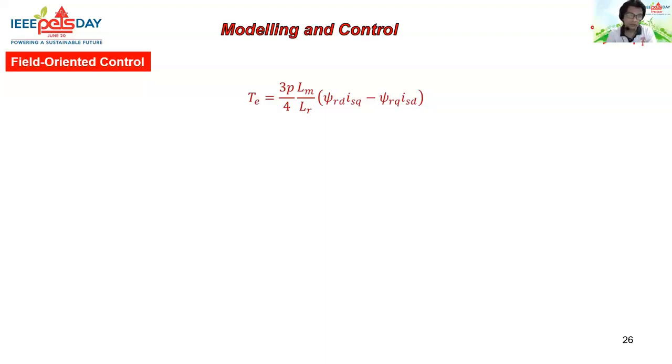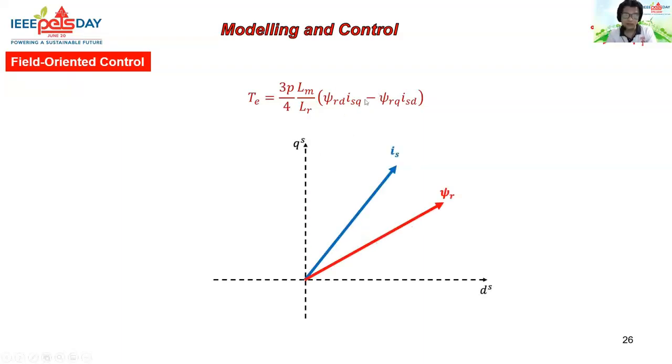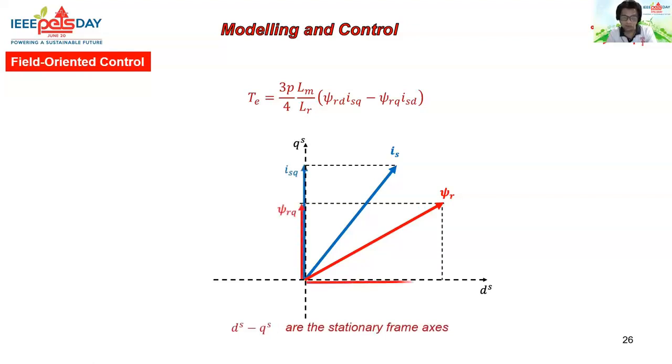And in order to do that, we have to define the torque in terms of the rotor flux and the stator current, which is shown here, expressed in the dq axis. All right, so if we draw this vector of the rotor flux and the stator current and resolve these into their d and q components as shown here, as you can see, in order to control the torque here, it's not going to be easy. For example, if I control the torque by controlling the stator current, which is accessible to us, not the rotor flux,